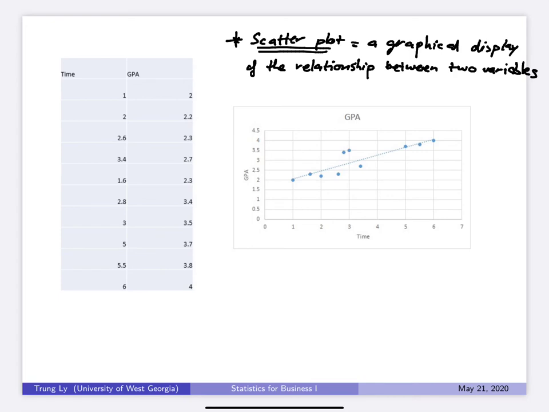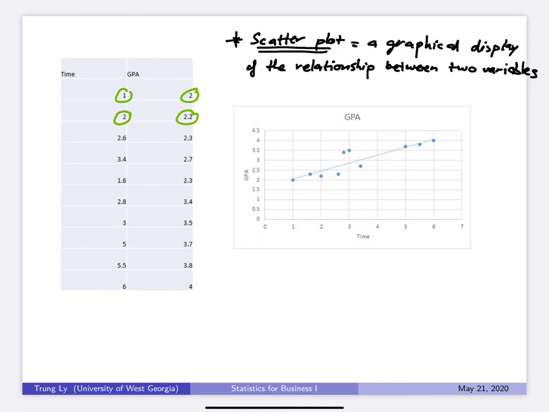What I have here is a data set with time spent studying outside of class and grade point average for 10 students. So the first student spends 1 hour studying outside of class and his or her GPA is 2.0. The second student spends 2 hours studying outside of class and his or her GPA is 2.2, and so on and so forth. Right? If we plot this,